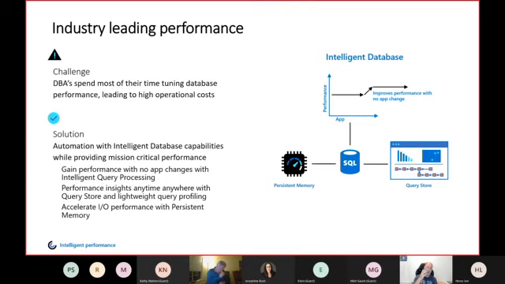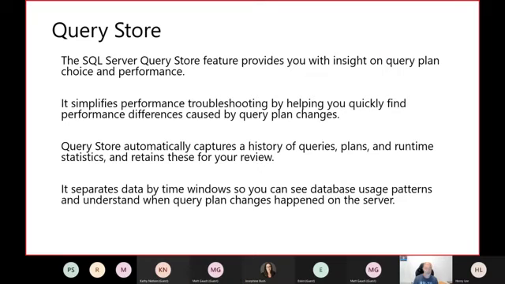This is a process that basically helps us capture everything that is happening within our database, right? And then make some choices with that information that is captured. And with that, we're going to start with Query Store.